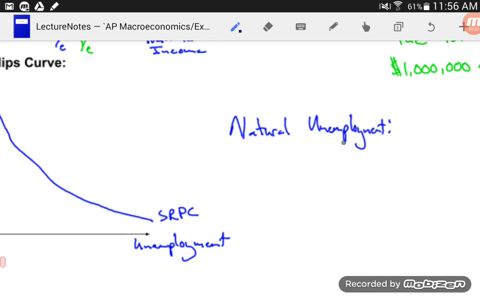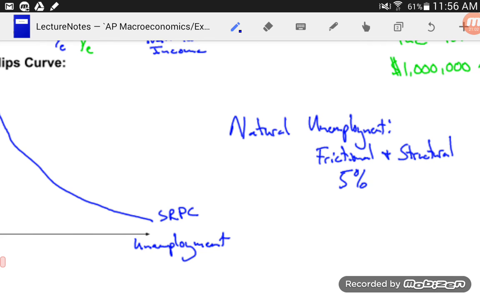So anyway, natural unemployment is the frictional, people between jobs, and the structural, like, hey, you lost your job simply because we have a new robot, but you'll find another job sooner or later. The frictional unemployment and the structural unemployment, and that equals about